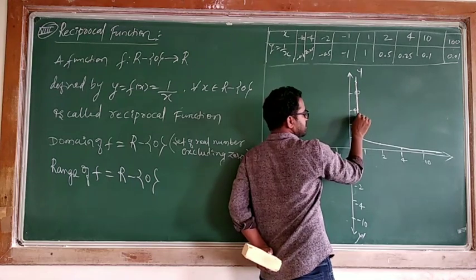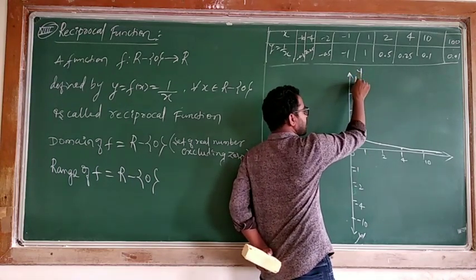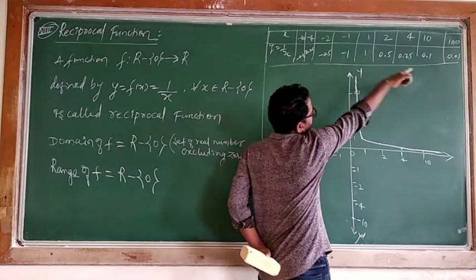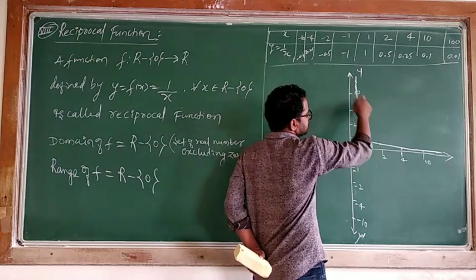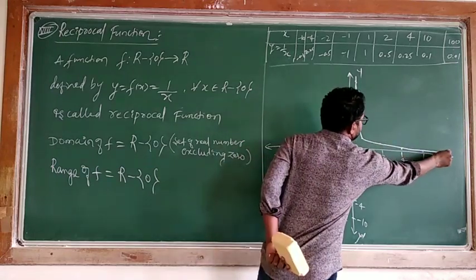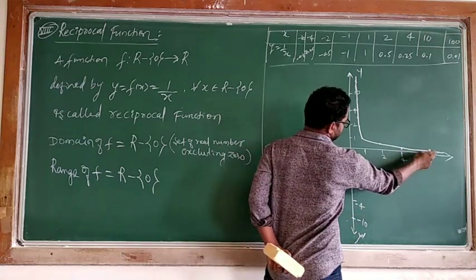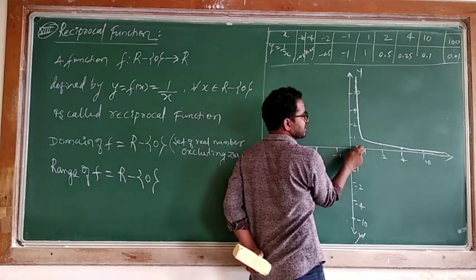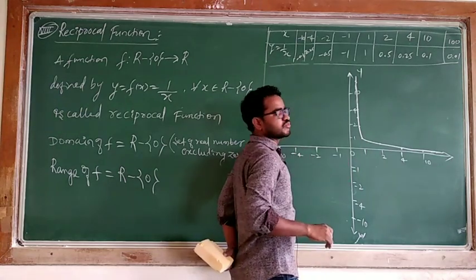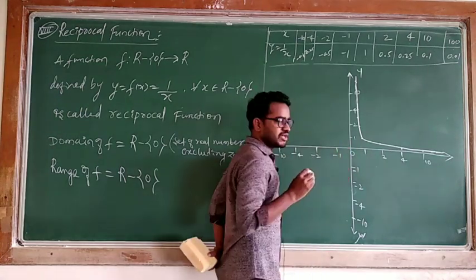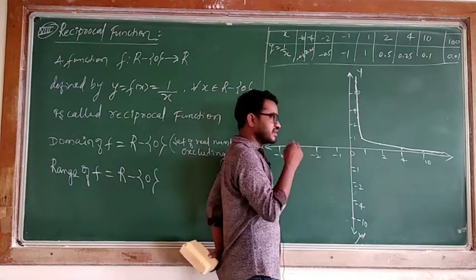When x is very near to 0, the graph should not follow 0, because there is no 0 here. When you are not taking 0, you are not getting 0. Means the curve is not passing through 0. You will get positive values only. When x is a bigger value, you will get a very small value of y. When y is biggest, x will be smaller. When x is smaller, y will be bigger. When x is bigger, y will be smaller.